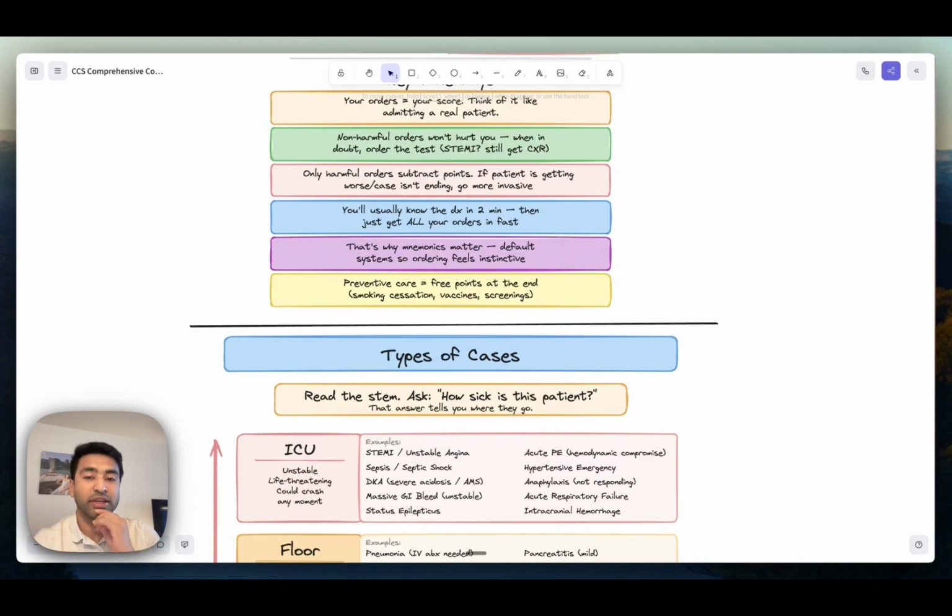I want you to know that getting the diagnosis typically isn't the hardest part. You can figure out the diagnosis pretty quickly. The harder part is actually getting all of the orders in quickly and making sure you don't miss any orders. For example, if someone's coming in with chest pain and they have a clear STEMI on their EKG, you still want the chest x-ray. In real life, the ED will probably still get a chest x-ray, but if you're not used to being in the ED,